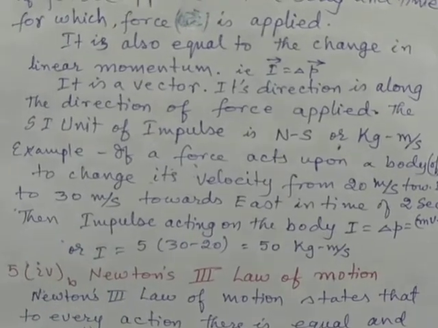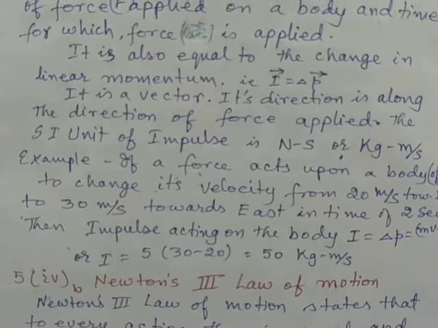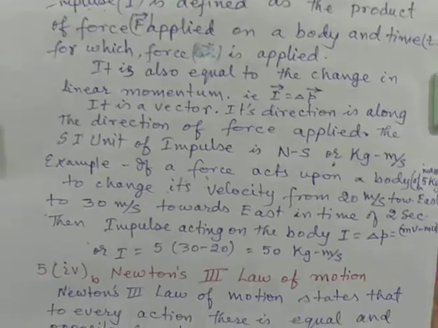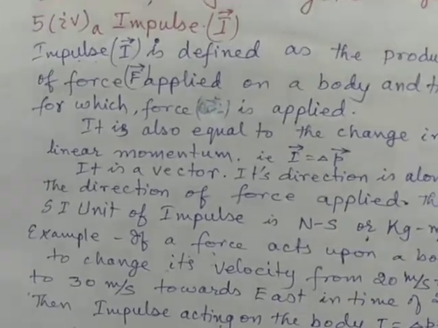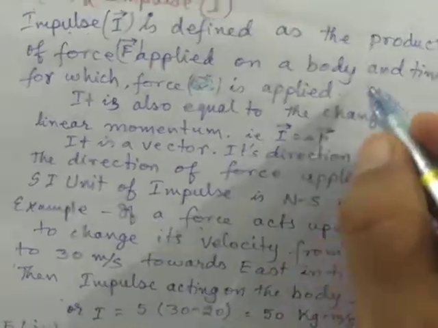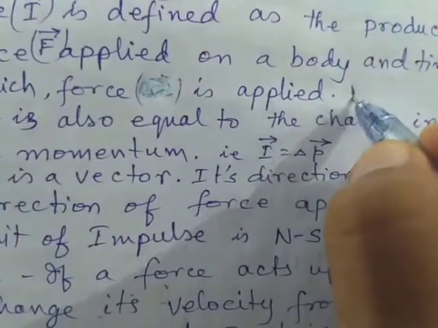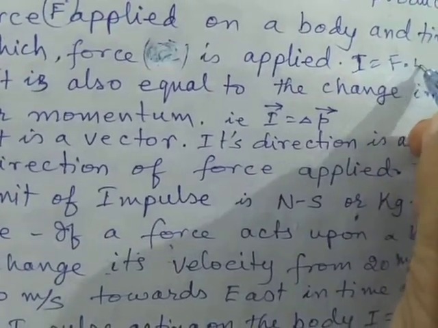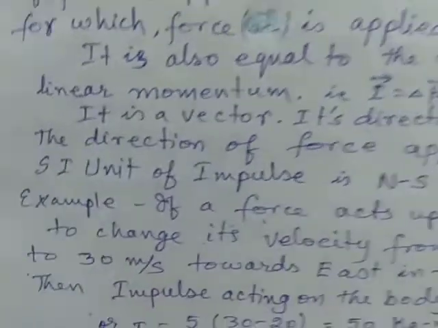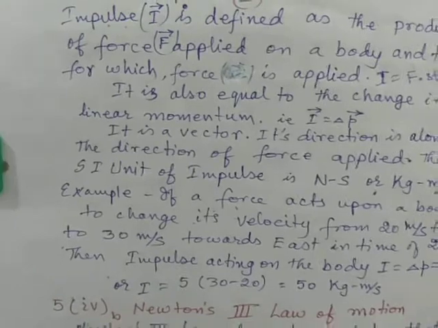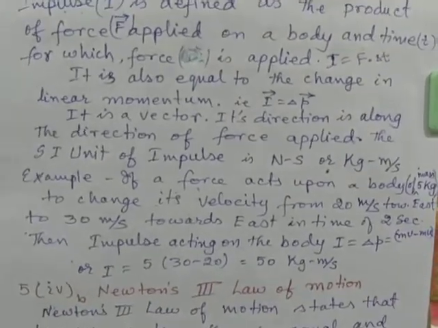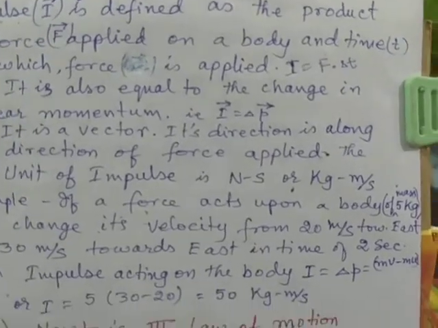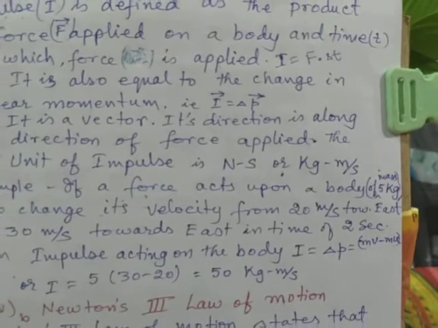The SI unit of impulse, from the very formula, you have Newton second or kg meter per second, because we have just discussed that force into time is impulse. So we have impulse is equal to force into time, delta t. And therefore from this definition we can have the unit Newton second, and from the other definition I is equal to change in momentum, we can have the SI unit kg meter per second.